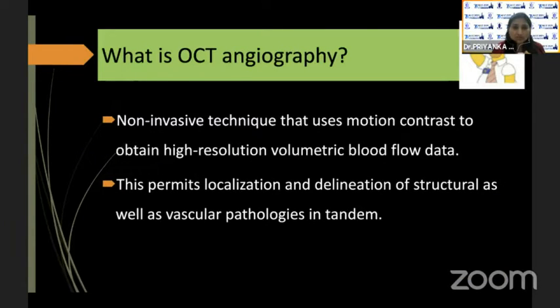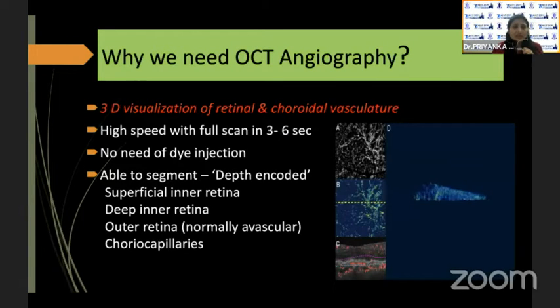First of all, what is OCT angiography? It's a non-invasive technique, completely dyeless, that uses motion contrast to obtain high-resolution volumetric blood flow data and provides localization and delineation of structure as well as vascular pathologies. Now, why do we need OCT angiography? We need it because it provides three-dimensional visualization of retinal and choroidal vasculature. There is no need for dye injection. It is completely non-invasive, helpful in patients who have chronic kidney disease, allergy to dye, and require frequent monitoring based on the imaging. Another thing, it is able to segment different layers like superficial and deep,